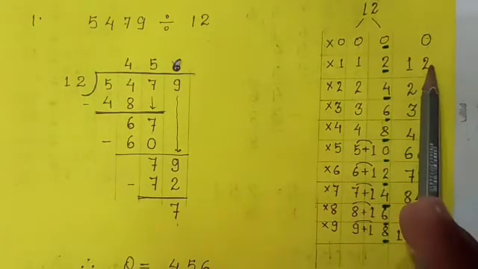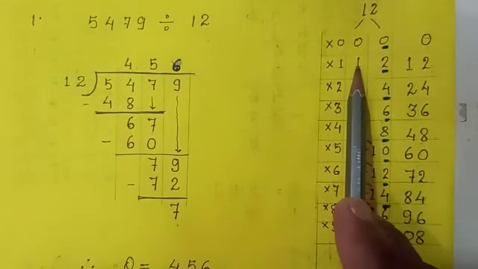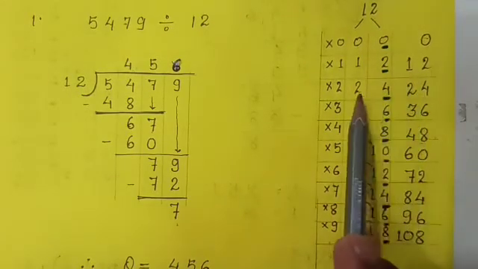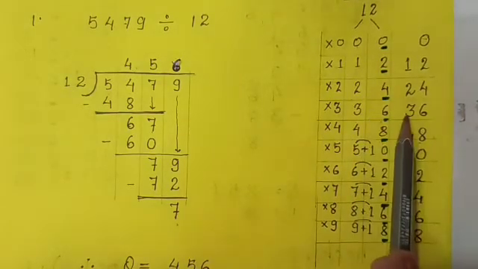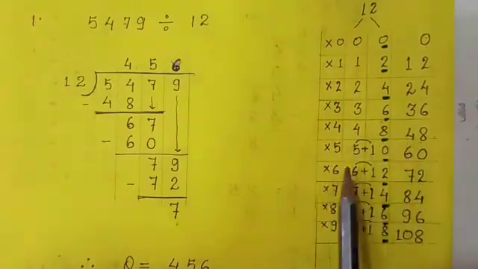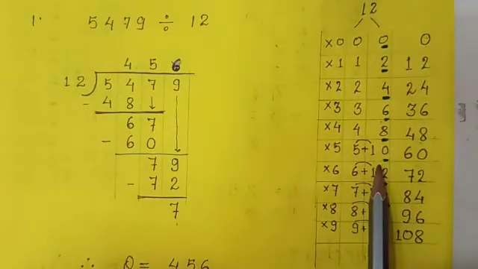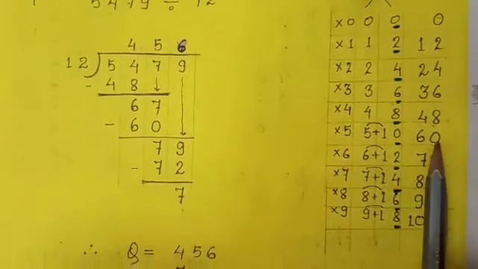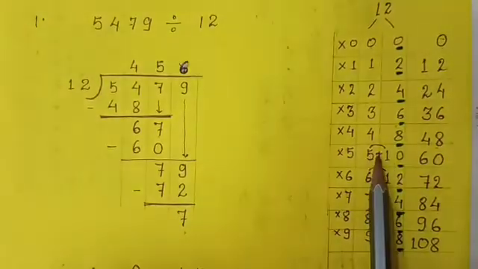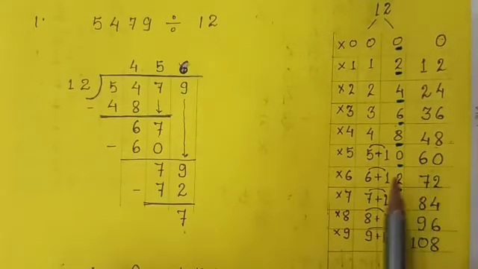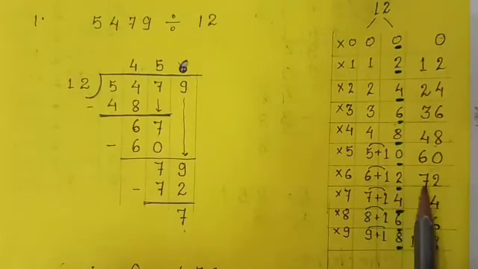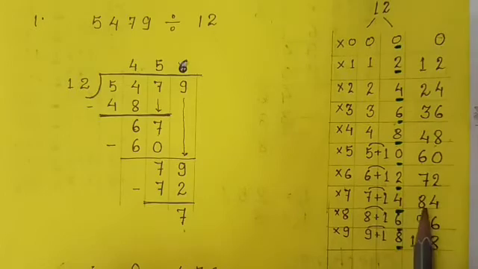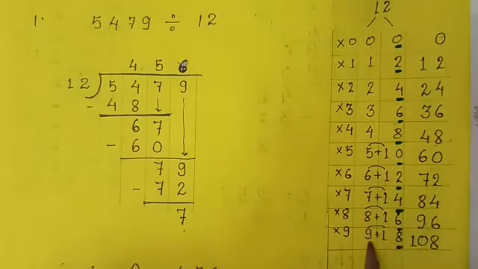So we have to follow the table of 1 now. Already we have written here. From this tens column, we have to pick up the number 1. So it is 12. Here it is 2. Nothing is left here. So it is 2. Here it is 3. No number is left. So it is 3. 4. It is 4. Now here in this step, it is 5. But in this 10, already 0 is written here. 1 is left. Therefore 5 plus 1, it is 6. Now it is 6 already in the tens column. 1 is left here. 6 plus 1, it is 7. Then 7 plus 1, it is 8. 8 plus 1, it is 9. 9 plus 1, it is 10.